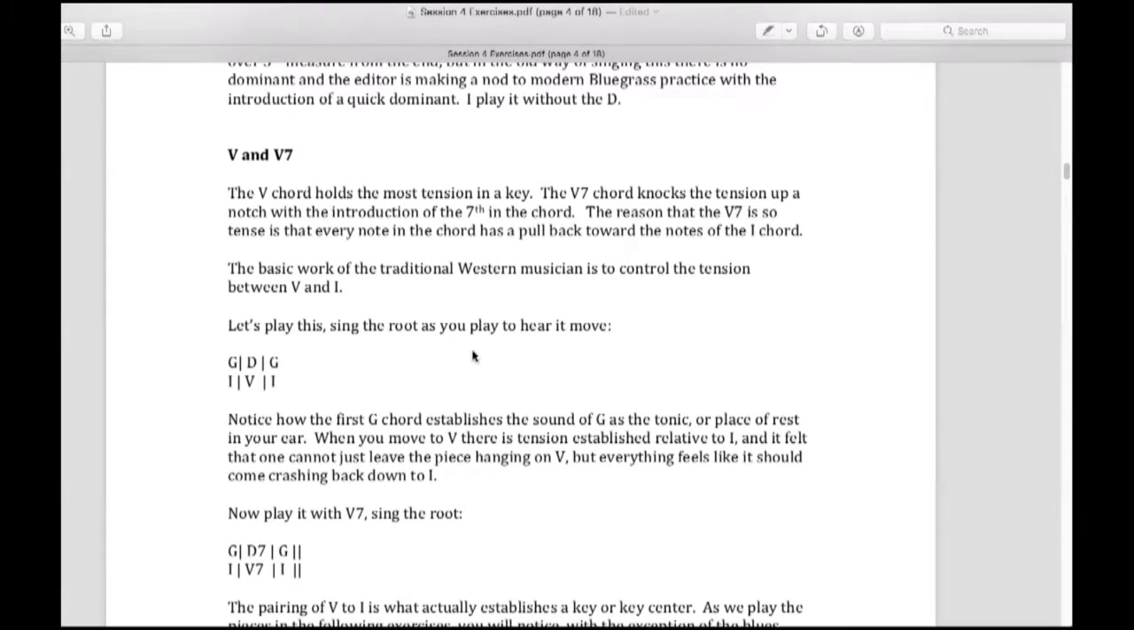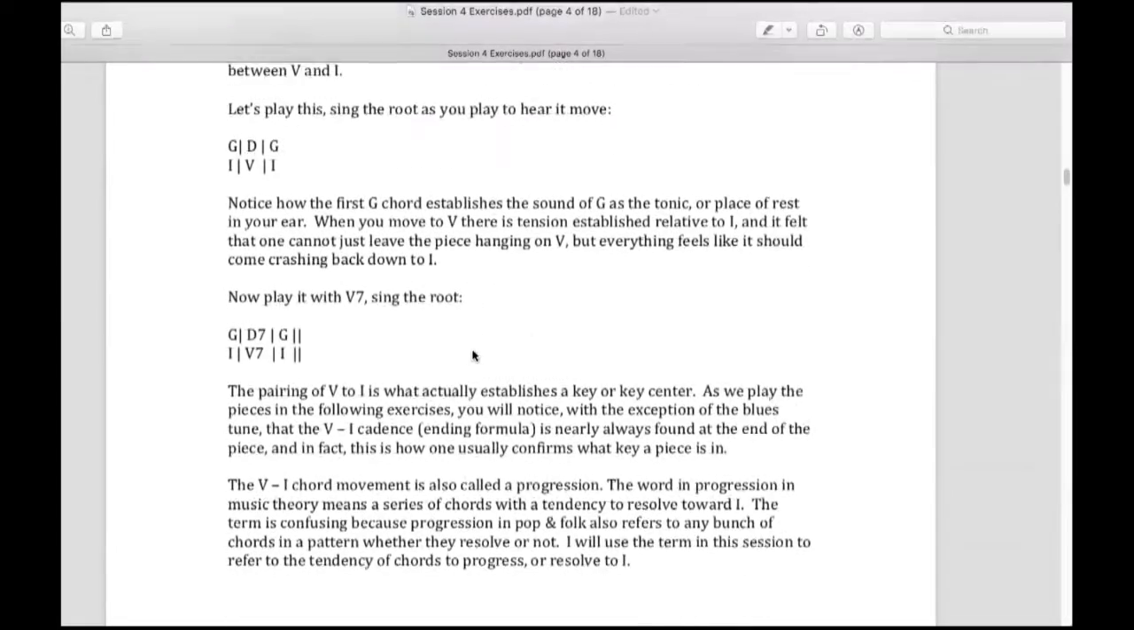5, 1. So notice how the G chord establishes the sound of G here as the tonic or place of rest in your ear. When you move to 5, there's a tension established relative to 1. It felt like you just cannot leave the piece hanging there, but everything feels like it should come crashing back down to 1. I feel much better now. Okay, so